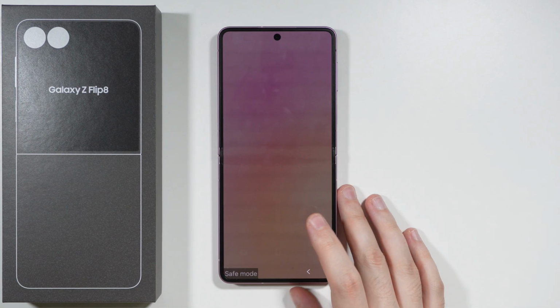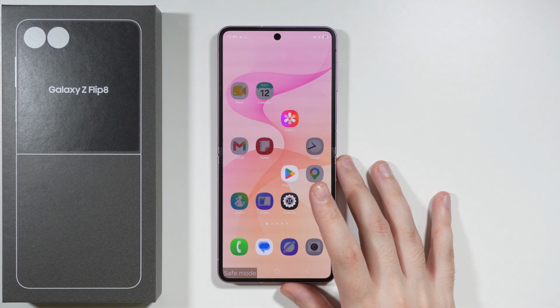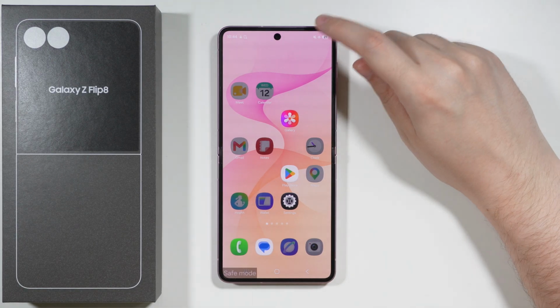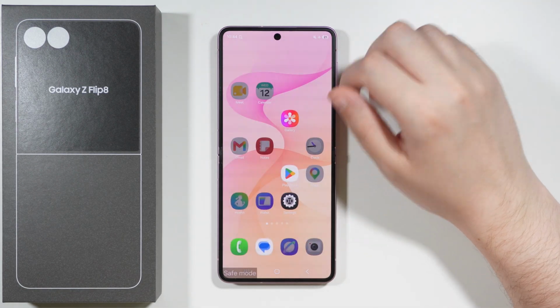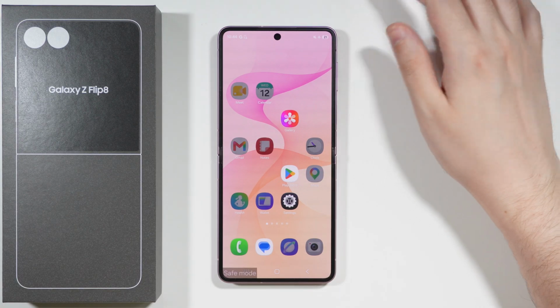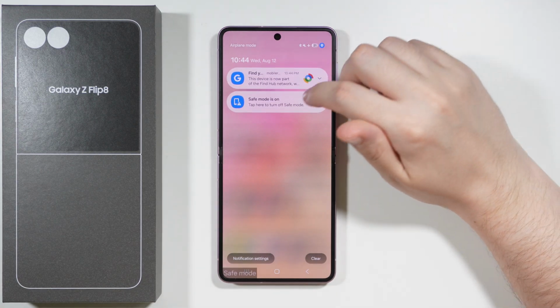We can unlock our phone, and you should be able to use the safe mode for as long as you want to. Also, the airplane mode is automatically enabled, so keep that in mind, and you have access to only some basic apps. Now, if you want to exit the safe mode, you can either go to notifications, and then